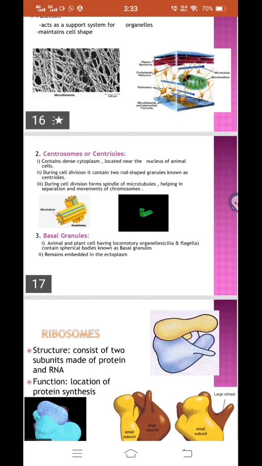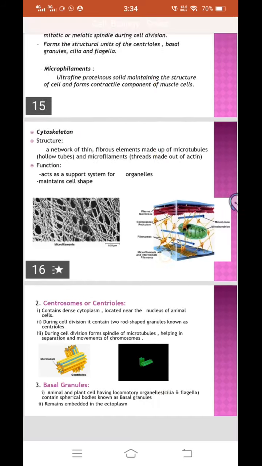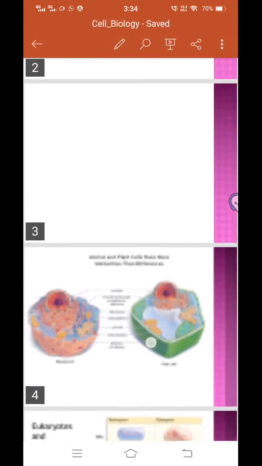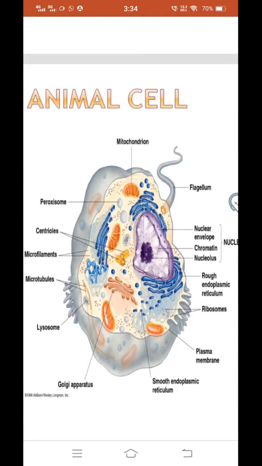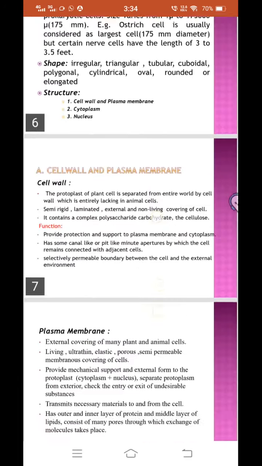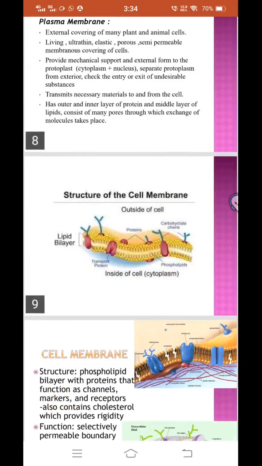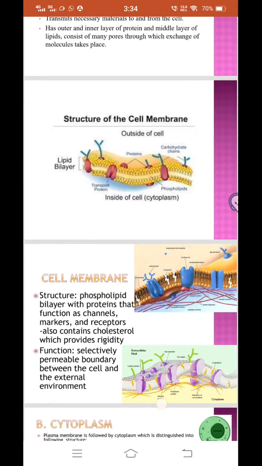Okay. Now next we have the centrosomes or the centrioles. Now this centrosome or centriole is another organelle of the cell, which is also very important. Now this centrosome contains the dense cytoplasm and generally it is located near the nucleus of the animal cell. यानी कि nucleus जो होता है, it is the central portion of the animal cell, or see in the diagram of the animal and the plant cell. ठीक है, तो सेंट्रल पोर्शन के आसपास यानी कि न्यूक्लियस के आउटर साइड में जो भी पार्ट प्रेजेंट होता है, सब्सटेंसेस प्रेजेंट होते हैं, that are the centrosomes and the centrioles of the cell.